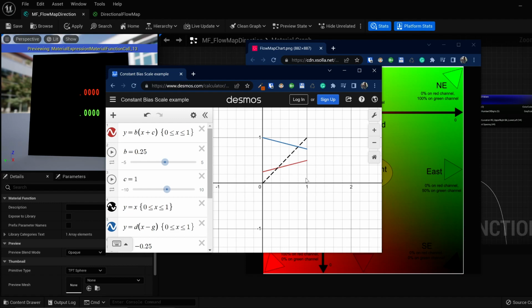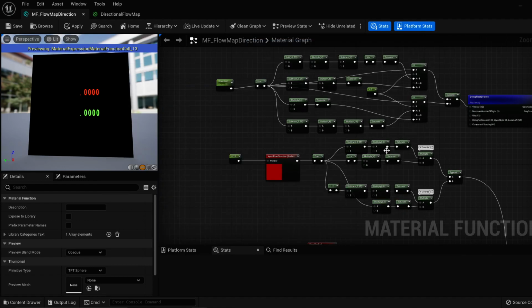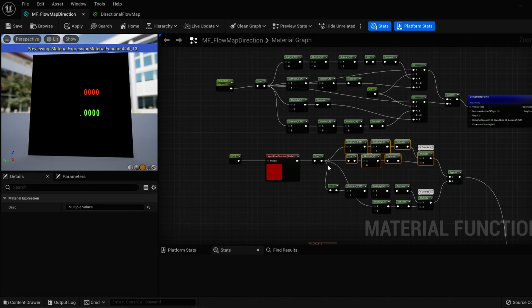So I was like, okay, I understand what this is. This is basically a gradient. It's a gradient between here and here, and it's a gradient between here and here, and then it's exactly 1 in the middle. And I was thinking to myself, well, I can make that with UVs. So I actually did do that. And if I just take this math here and in the multiply,